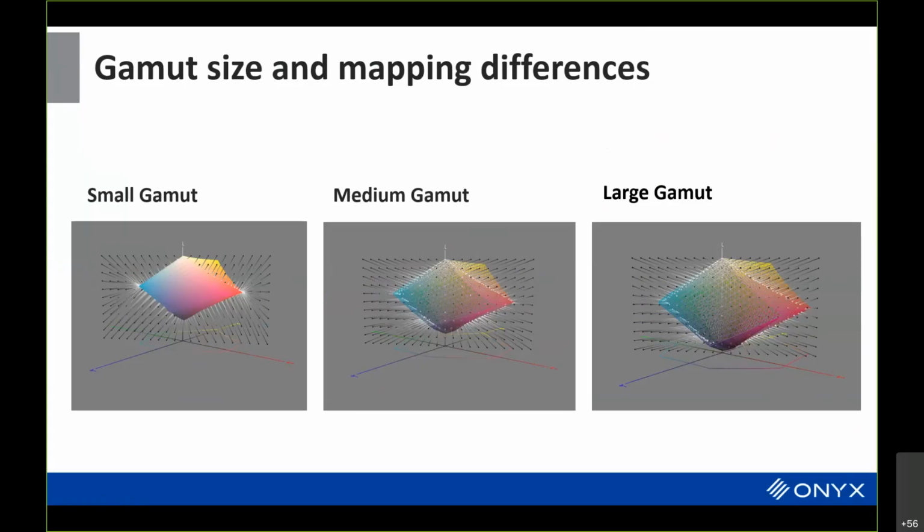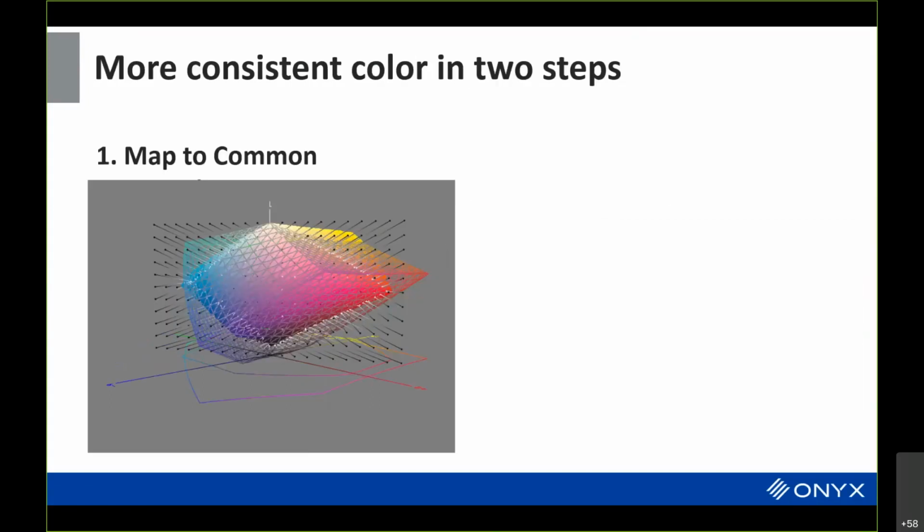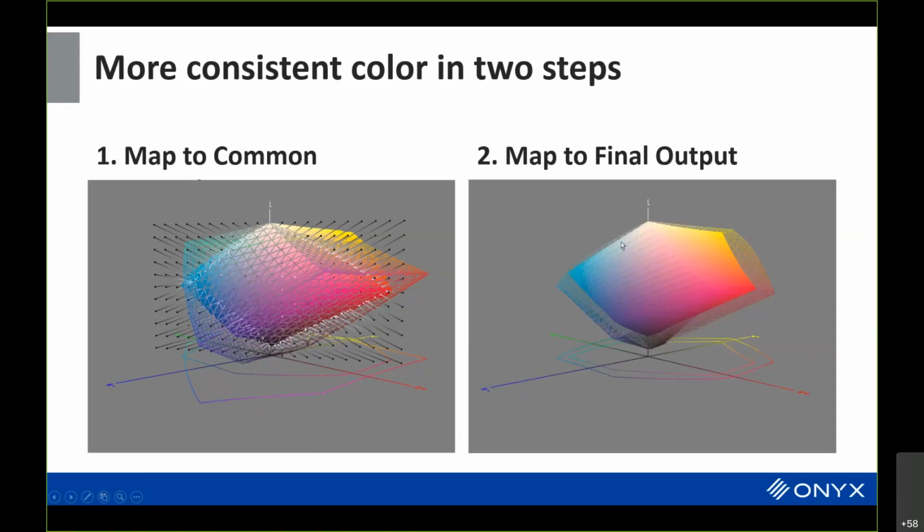And so getting consistent color when I'm going to all these different printers, well, every printer, the profile associated with the print mode is making lots of decisions. And any one of those decisions being different ends up getting largely different results. Okay. So what we want to do is we get more consistent results by doing things in two steps. So first of all, using that simulation profile maps to a common space. So we're mapping all of these colors way out here into something that's a print space, and it may actually be a large gamut here.